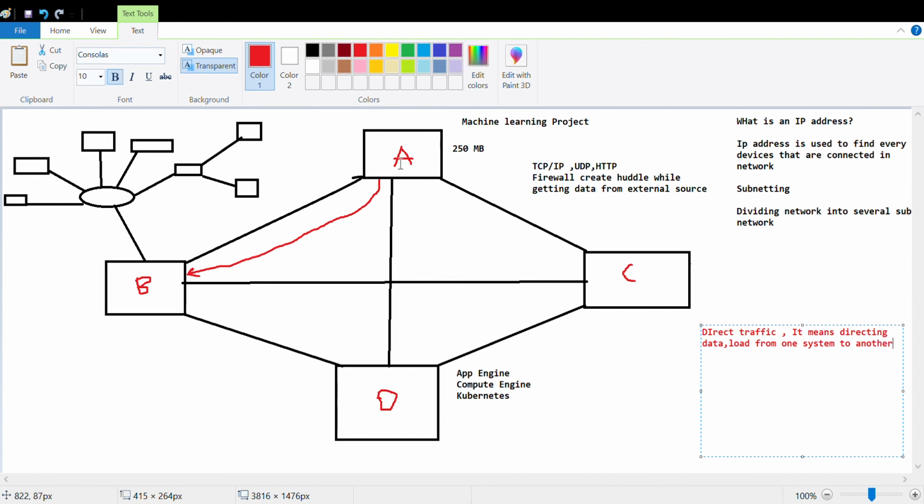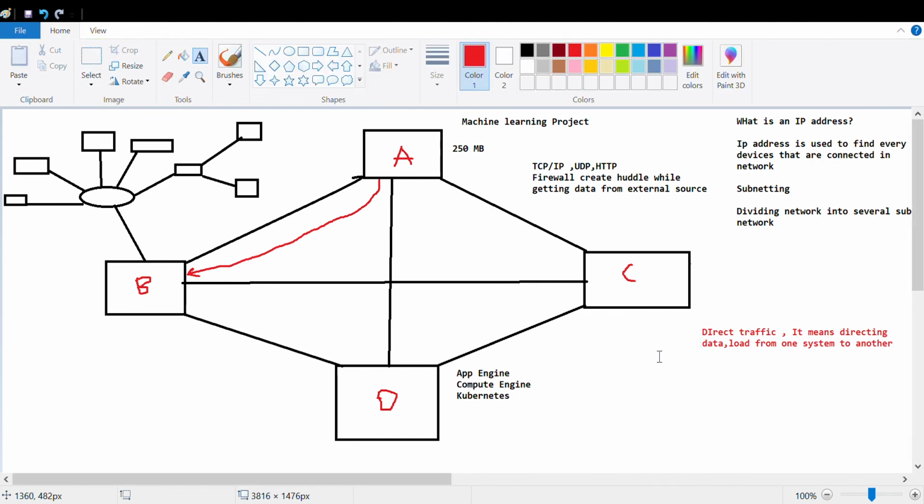A can reduce its load by directing its task to C. That is directing the traffic.